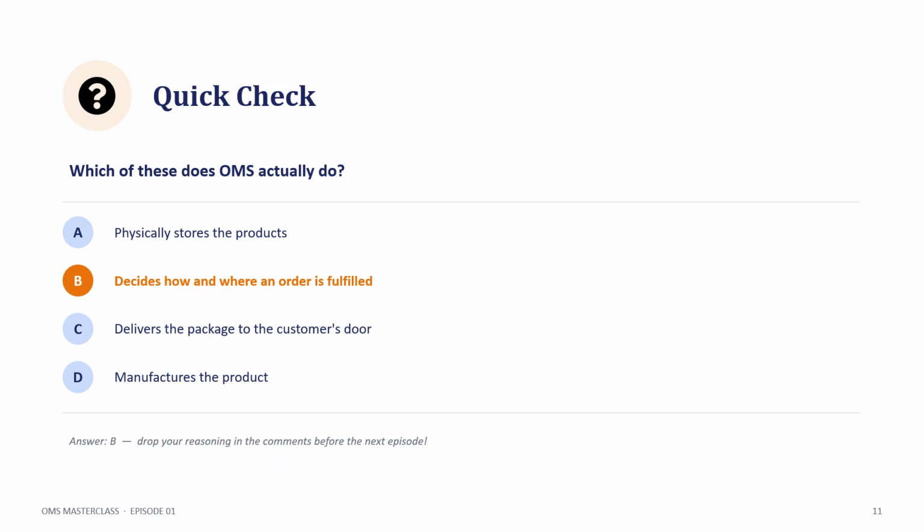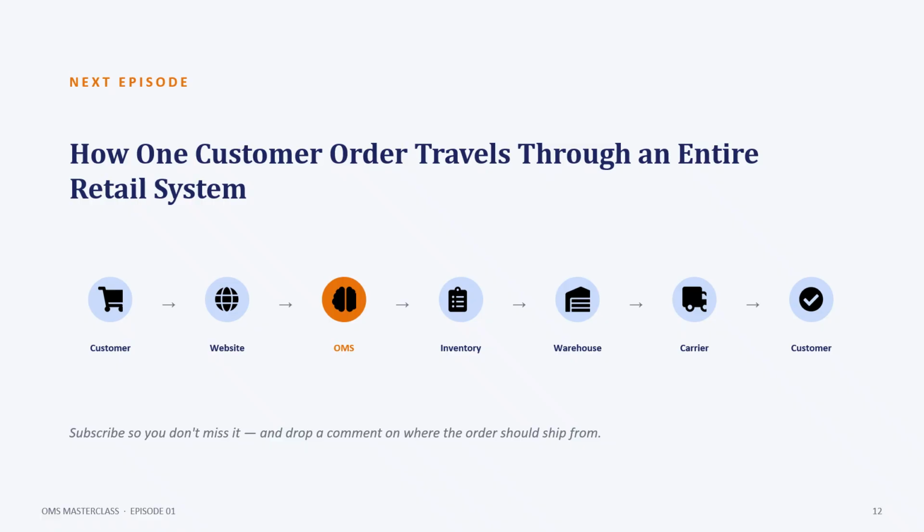Now let's take a quick look at what's coming next. In the next episode, we will follow a single customer order as it travels through an entire retail system. You will see what happens from the moment a customer places an order, how the website receives the request, how OMS evaluates the order, how inventory is checked, how the warehouse is selected, and how the order finally reaches the customer. By following one real order from beginning to end, you will see exactly how all the systems work together